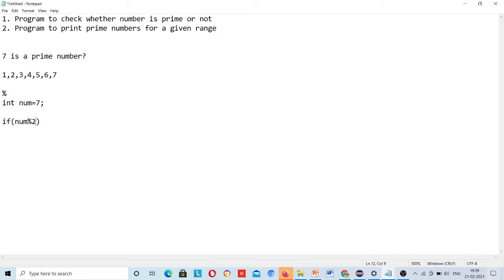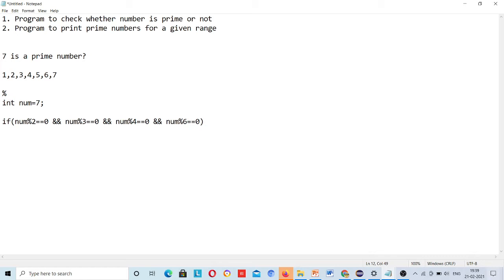If num modulus 2 is equal to 0, and operator, num modulus 3 is equal to 0, num modulus 4, sorry, here I need to put the AND operator, because num modulus 4, let me write it first, 0, and num modulus 6 is equal to 0.